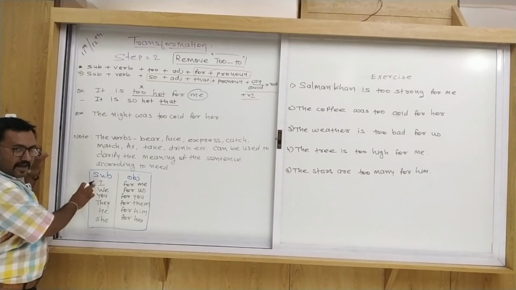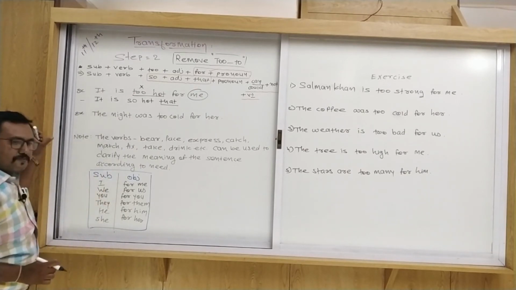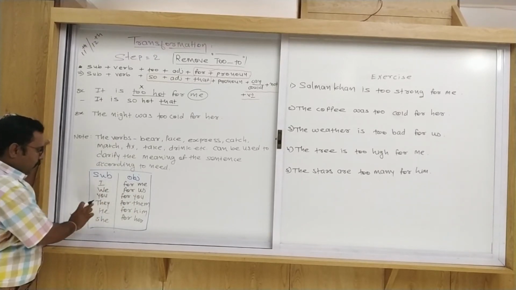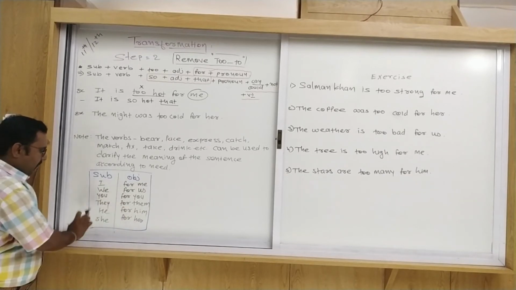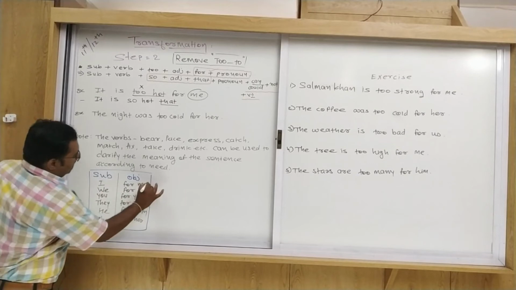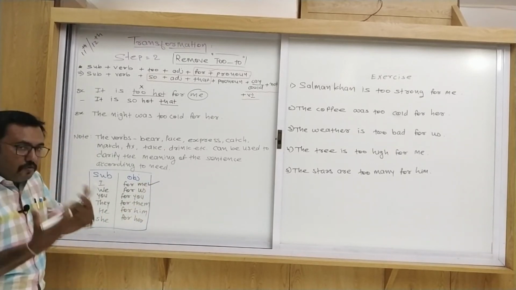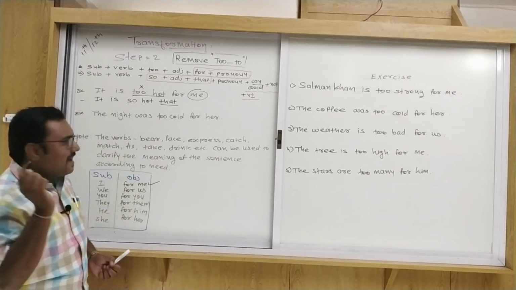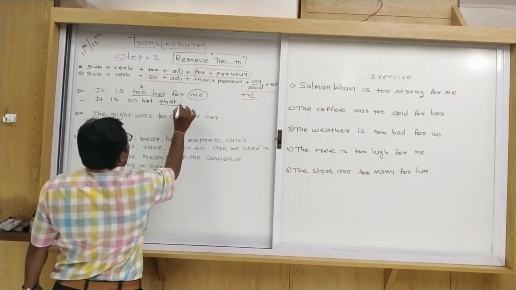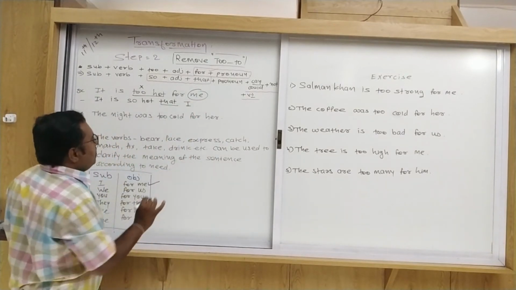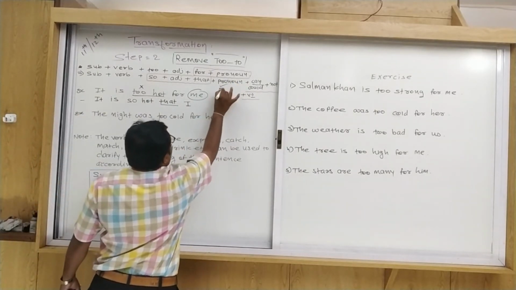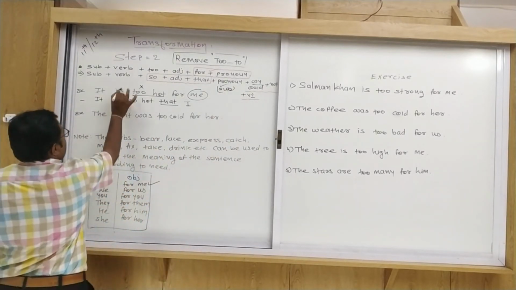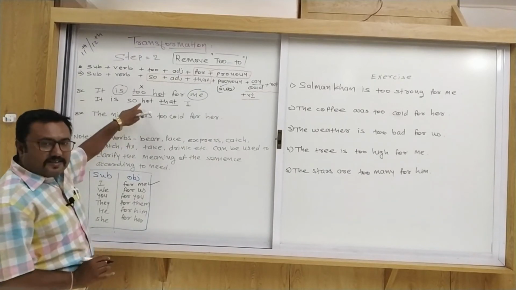Now let's see the subject. Suppose the subject is I, then the object of I is me. The same thing: we, us; you, you; they, them; he, him; and she, her. Here for me is given. What is the subject form of me? I. So it is so hot that I. Okay, dear friends, the pronoun is used as a subject here. After that, see that is. So which tense is used here?